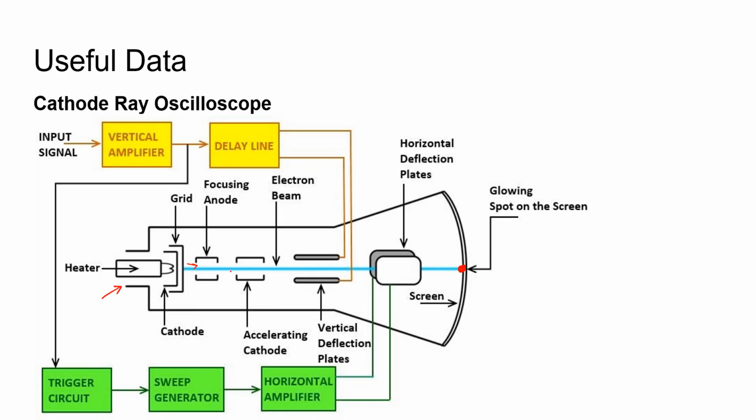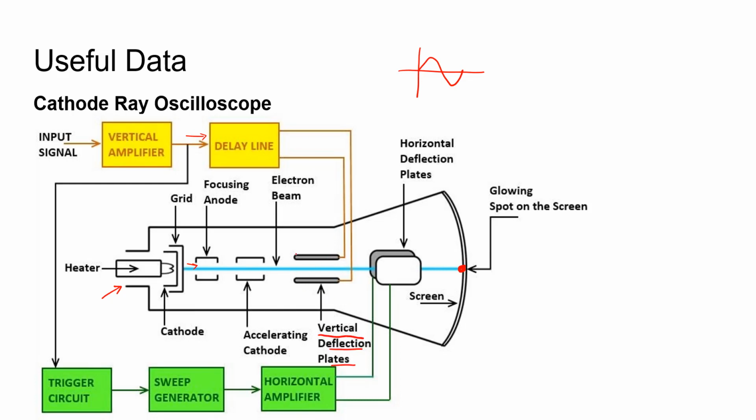In a cathode ray tube, we adjust this electron beam along the X and Y axes according to the input signal applied. Say, for example, we are applying a sine wave input in the X as well as Y channels. There are different modes of operation, but now let's just focus on the working of the cathode ray tube. The vertical amplifier collects the input signal. After a certain delay, it is applied to the vertical deflection plates.